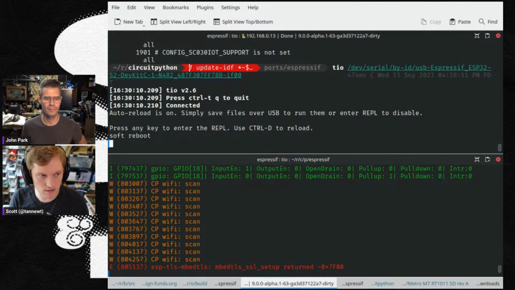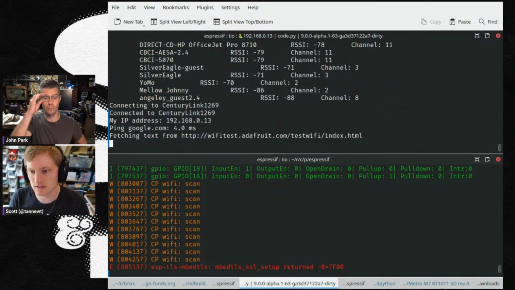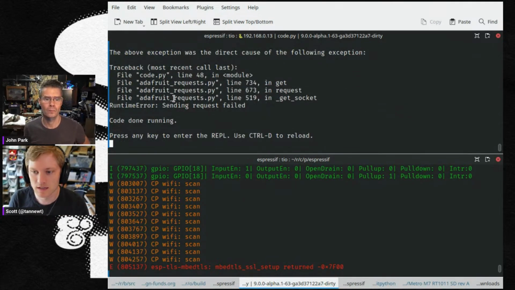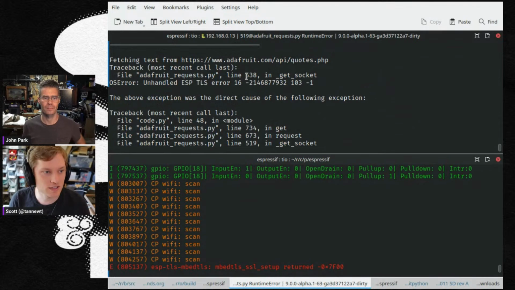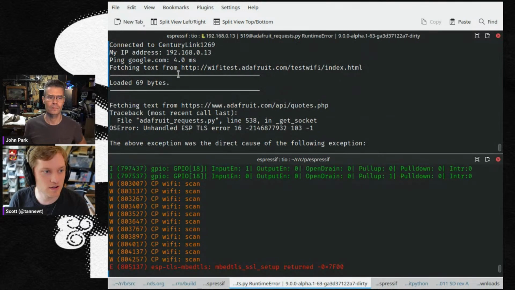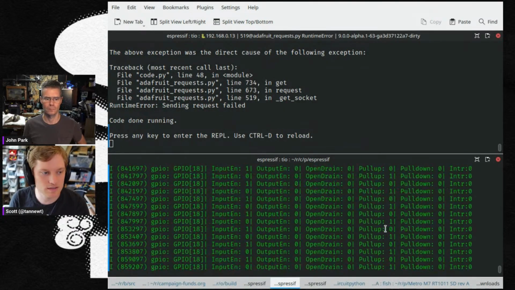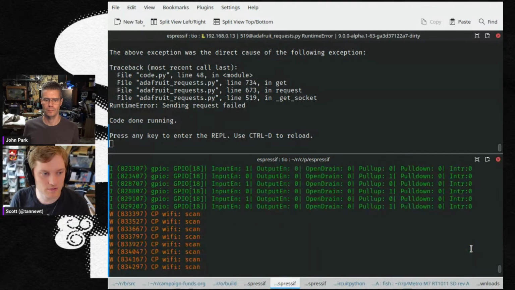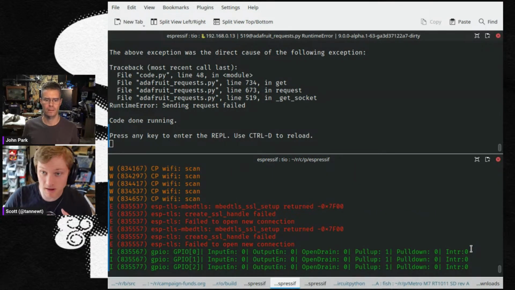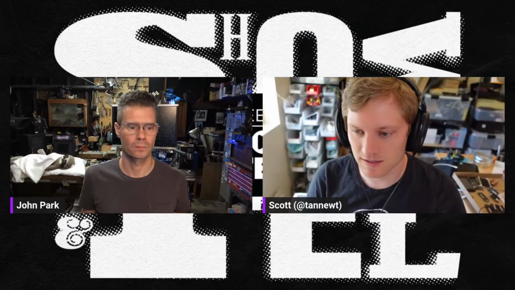So here I have an S2 running my build, and you can see there's my Wi-Fi access points. And unfortunately, the HTTPS call fails. The one that's HTTP works, but the other one's not working, unfortunately. So I'm trying to figure out why that is. I think it's a memory-related thing, so I'll have to take a look at that. But that's kind of where we're at. It's compiling. I've got it building for all the boards, but I'm trying to figure out how to get it to work.